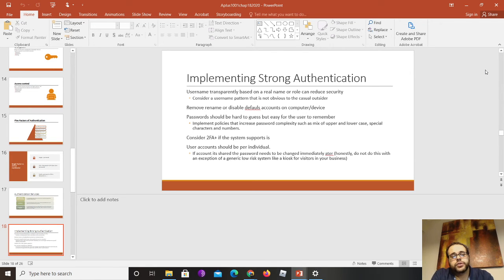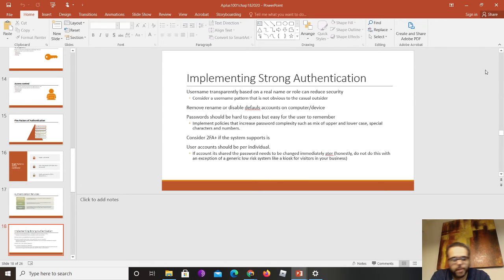User accounts should be per individual. You should not be sharing these accounts unless, for example, your organization, like Target, may have a kiosk in their store for people to apply for a position. So yes, you may have a shared account there, but then again, it's a system that, if it gets compromised, honestly, what is it doing?